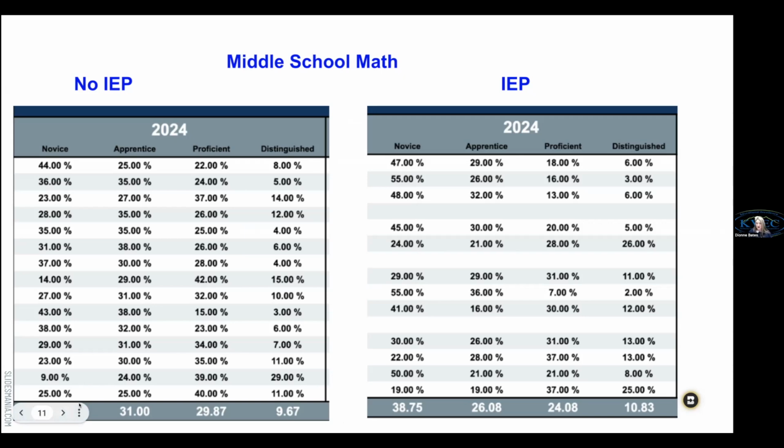We're looking at middle school math. So we know then in middle school, our students with disabilities are maybe performing lower than the other students. So we're going to start thinking about what we are going to do around the instruction. How can we continue to support that learning? And we want to move them as close as we can to proficiency. We want to move kids.